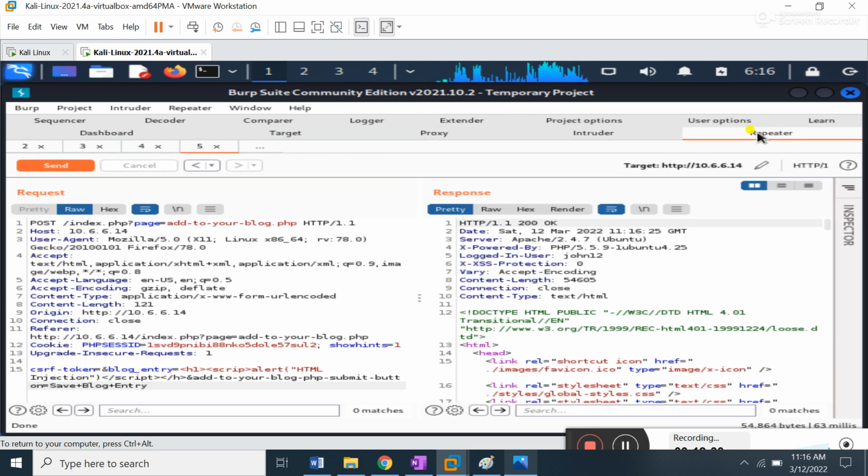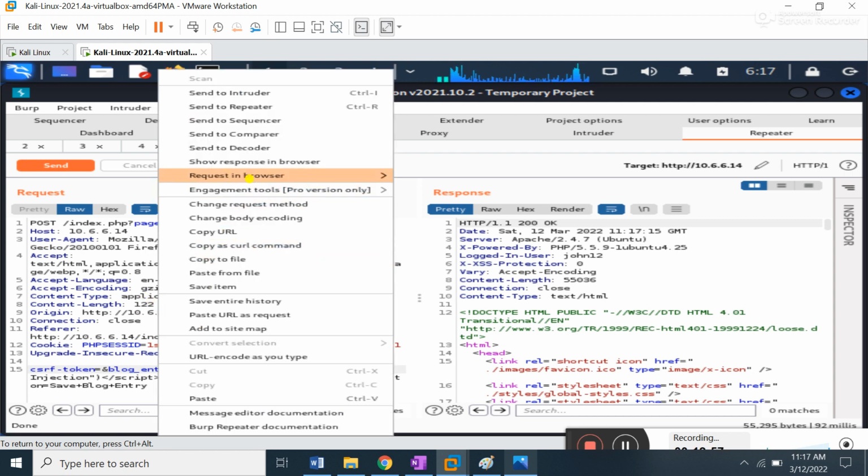I move again to the repeater, and let me check what the issue is exactly. Okay, here is a spelling mistake. It's script. I typed script here, fire my request again, and I'm going to copy the URL from here again